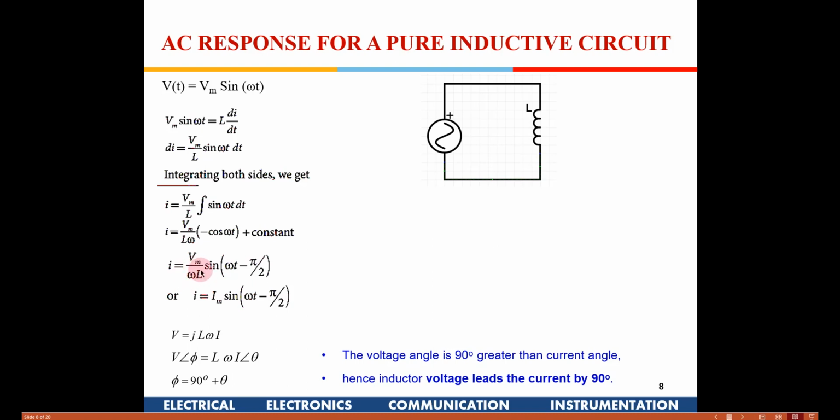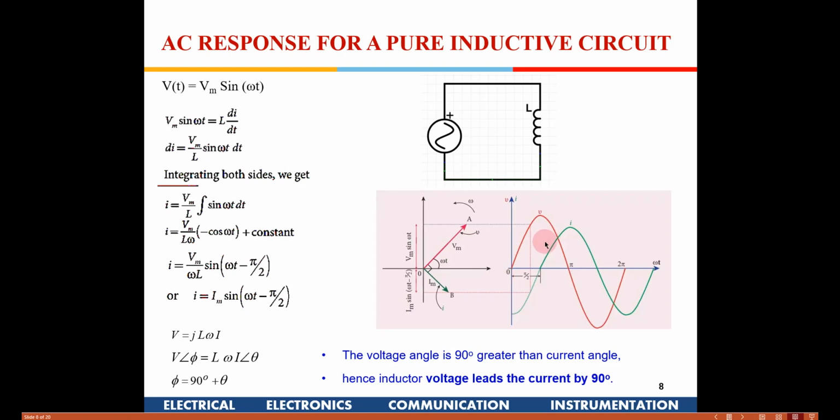In a resistance we saw it is V divided by R. So the impedance which the inductor is going to provide is omega L. In case of resistance it was R, in case of an inductor it is omega L. So these are the two differences which come when we replace a resistance with an inductor. R becomes omega L, and also a minus pi by 2 phase difference is introduced.